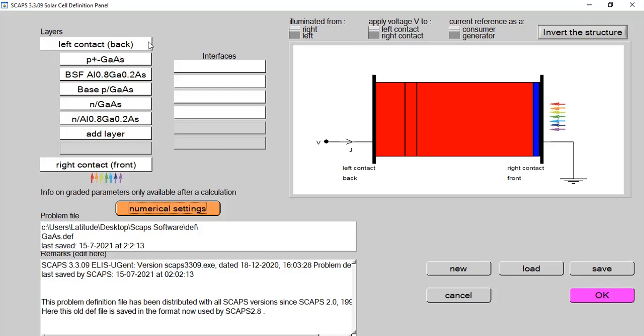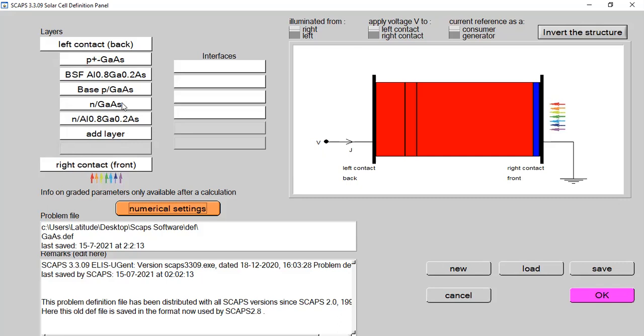First of all, you can see that we have two kinds of contacts in this perovskite or solar cell simulation. Whenever you open your SCAPS simulation tool, it will be either perovskite or solar cell. Today's structure is a gallium arsenide based structure, and we can see that we have two metal contacts over here, left back metal contact and right front contact. So there are two kinds of metal contacts in SCAPS-1D. One can set the back metal contact and the front metal contact as well.